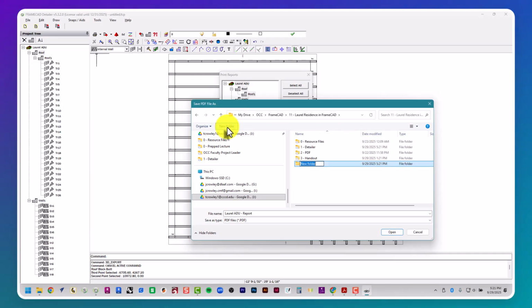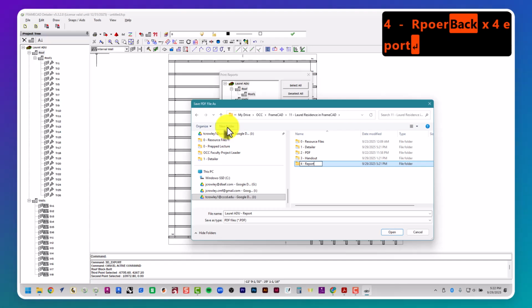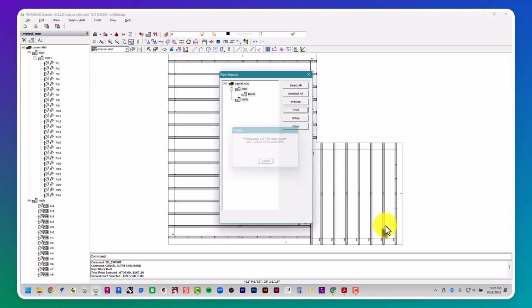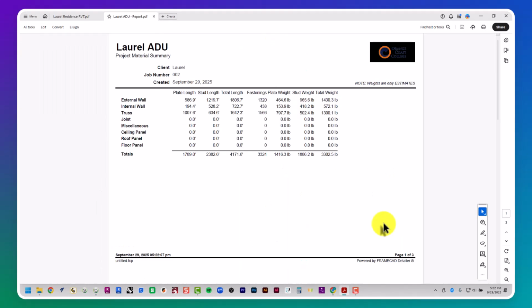Let's make a new folder, report. Okay, and then save it. Okay, this is the report. It tells you everything about this project, including how much total weight for all the external walls, internal walls, or trusses, if we had any joists, ceiling panels, roof panels, floor panels. So overall, this is going to be about